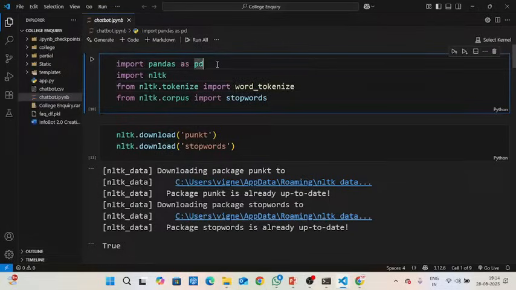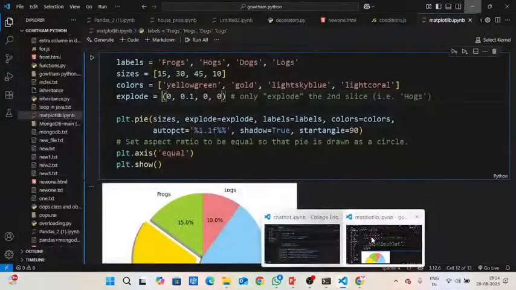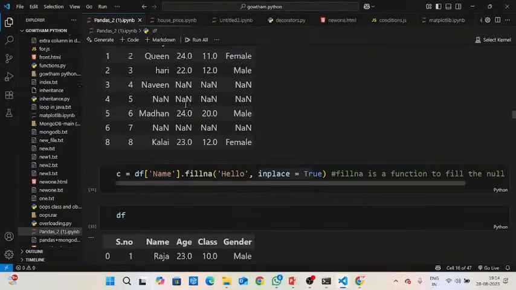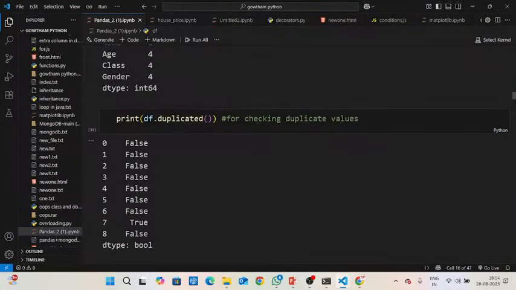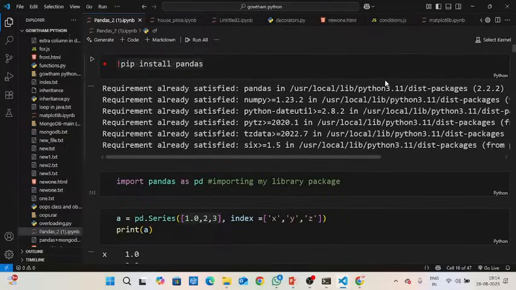Okay, first we will start with Pandas. Here we are importing Pandas. First we need to know what Pandas is and what can be done using Pandas. Pandas is a Python library package used to load an external data set, and we can clean the data set by using Pandas. If you want to use any library package, first you need to install that library.